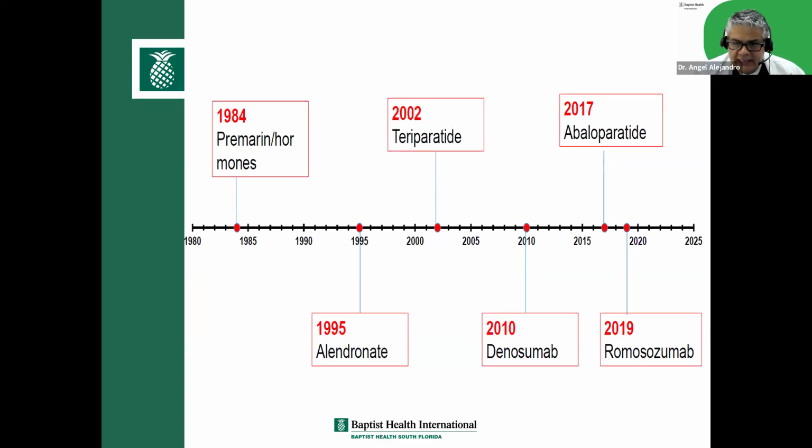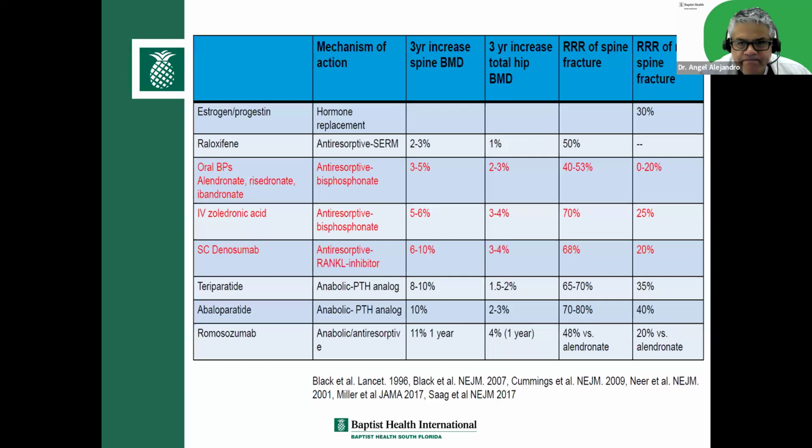That's our most potent anti-resorptive agent. In 2017, we had our second anabolic agent. That's your abaloparatide. That is your Tymlos. And then finally, in 2019, the new kid on the block, that's your romosozumab. I'm not very good with these names, but that's called Evenity. And the beauty of Evenity, which was introduced in 2019, is that it's an anti-resorptive and at the same time an anabolic drug. So it attacks osteoporosis from both angles.